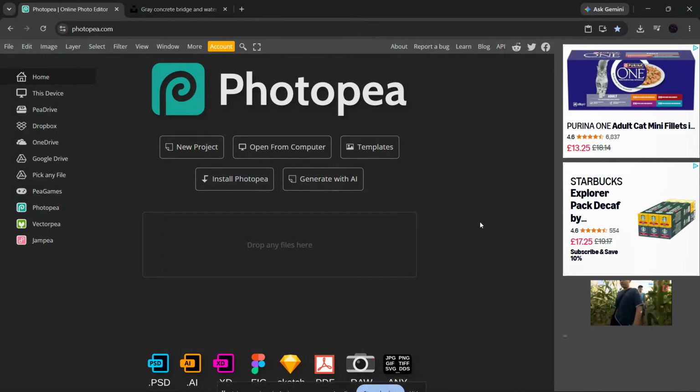Today I'm going to show you how to add a photo in Photopea in the fastest and easiest way possible, whether you want to place an image into an existing project or open a photo as a brand new project. This is a super useful skill if you're editing thumbnails, creating social media graphics, making collages, or just getting started